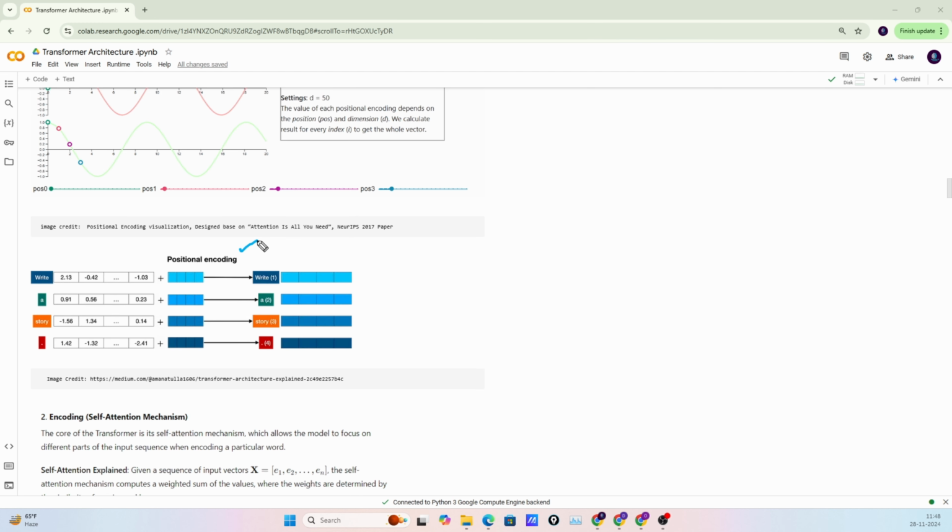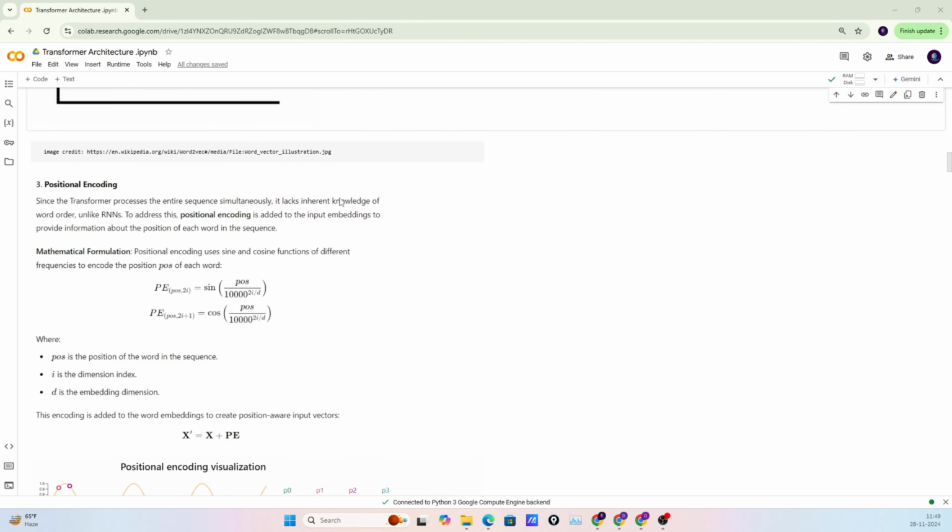After that, we have the embeddings we calculated before, and now we calculate the positional encoding. We add the positional encoding into our word embedding. Suppose this is our original word embedding, and we add the positional information here. The output from this step is the original word embedding plus positional information with the help of positional encoding. So here I cover up to this step.